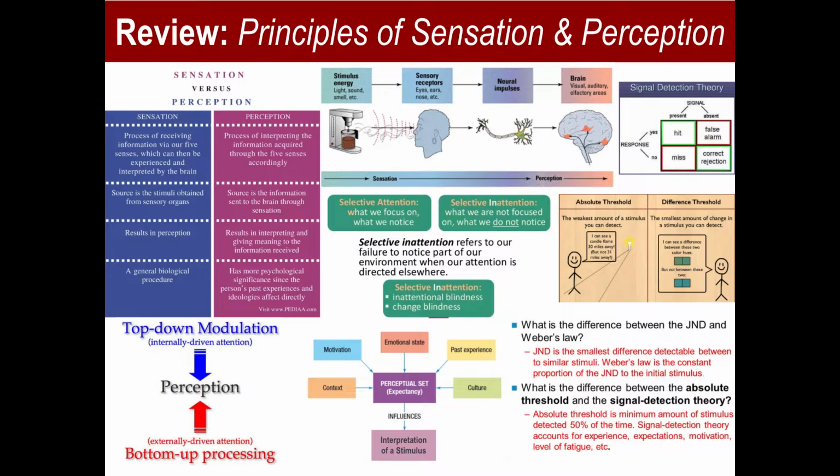And then the process of actually interpreting that information and turning it into something we understand is perception. We have a lot of sensations throughout the day, and what we make of them is what really matters. Sensations in and of themselves are important, but how we perceive them is the most important part of this. And this perception can be altered by learning, it can be altered by memory, it can be altered by all